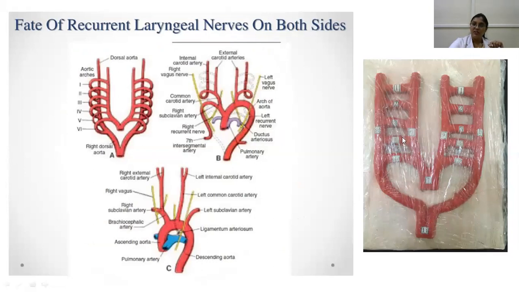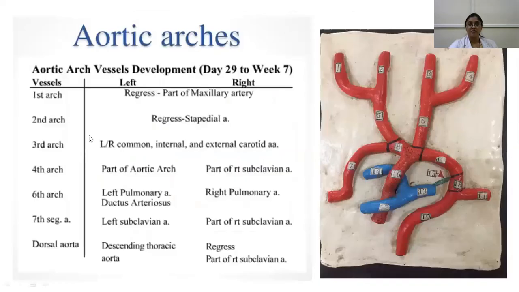And you can see these are all the aortic arches: 1, 2, 3, 4. The fifth one is rudimentary or transitory. And you've got the sixth. So they'll ask you what the fate is. Previously I've already shown you all these diagrams. They'll ask you what happens to the ventral aorta, the dorsal aorta, and the aortic arches.